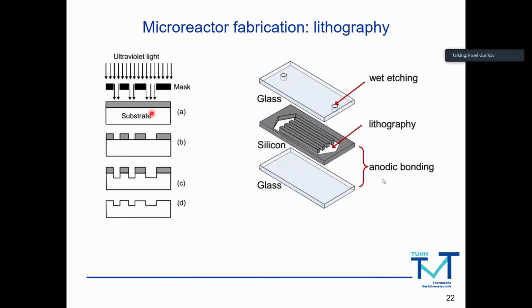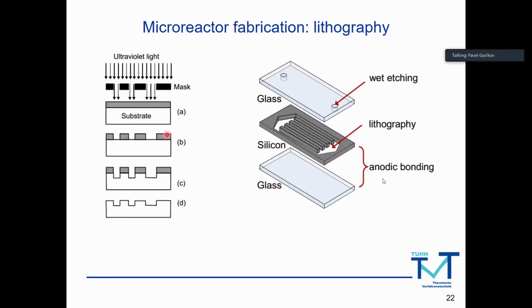You modify the chemical compounds here, so you can make it cross-linked, and those zones which were under the mask, which were protected by this mask, are not cross-linked. So you basically get a replica of your mask on your substrate, and then you etch